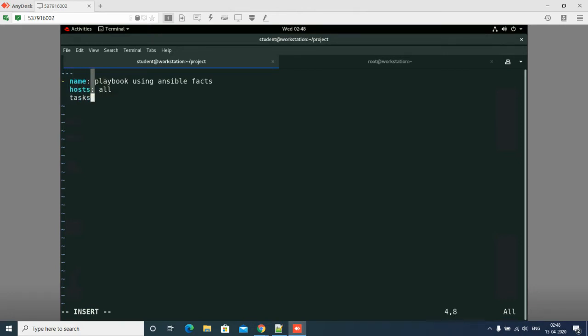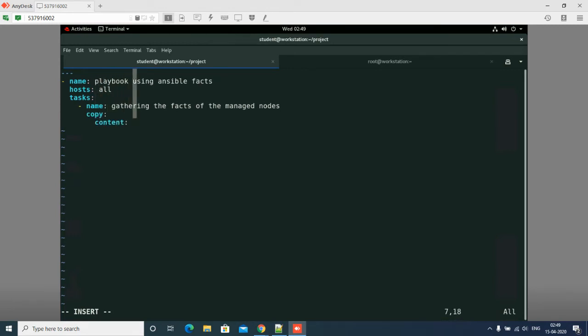I will say tasks, hyphen name, getting the facts of the managed nodes. I will say copy module. Suppose I'm using the copy module here, and I will say content.